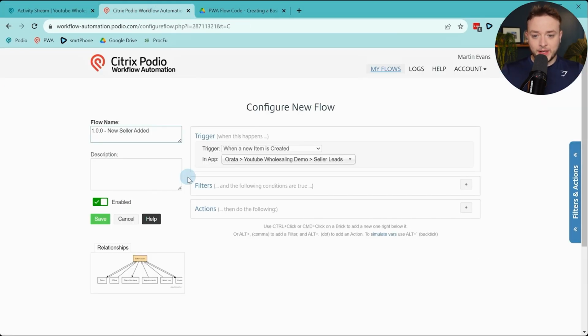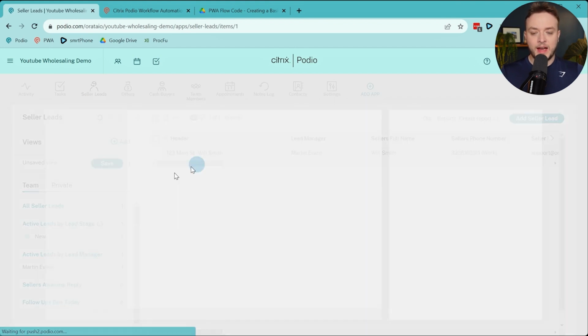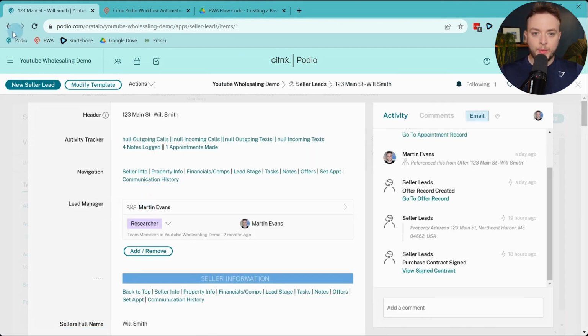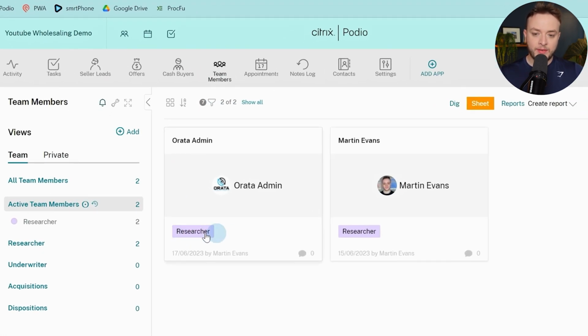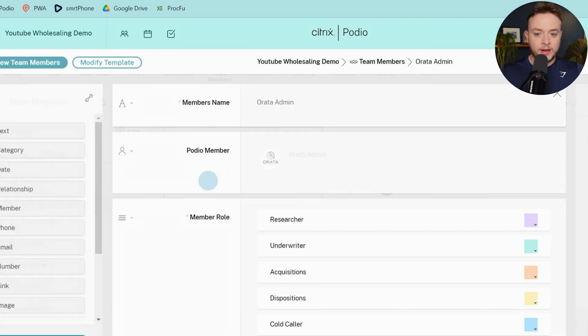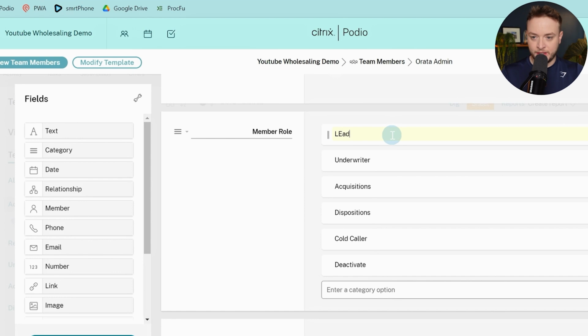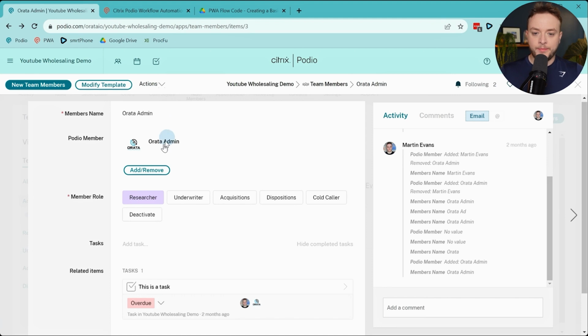Okay, so the first thing we're going to do is a round robin. Essentially, what we want is if a new lead comes into our seller leads and it doesn't have a lead manager assigned, we're going to round robin through all the team members with a job title of researcher and assign them one by one. If you don't like the name researcher, now's your chance to change it. You could change it to lead manager, for example. I'm just going to leave it as researcher. And yeah, we'll just leave it like that for now. So from here,